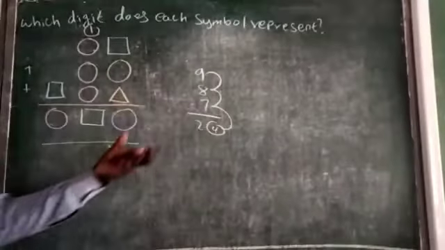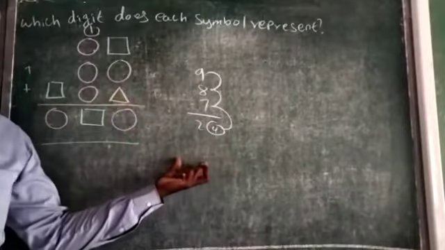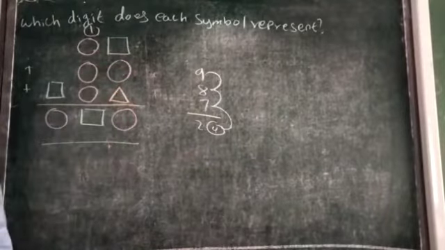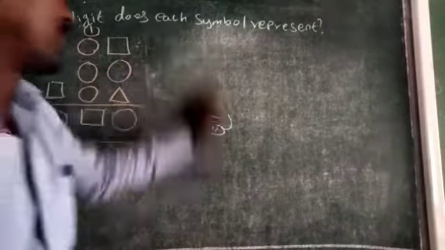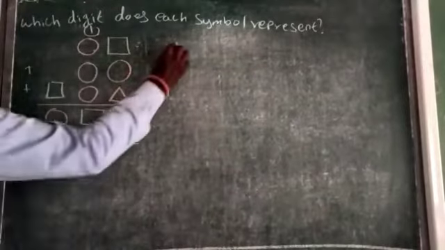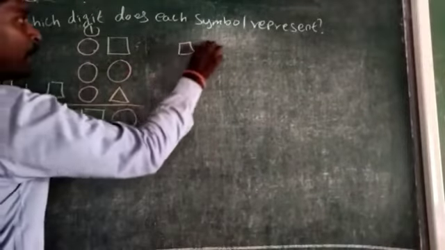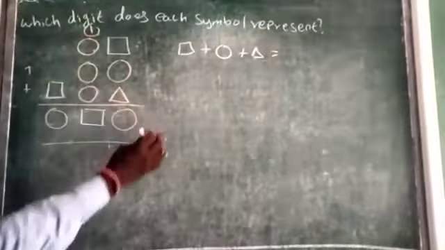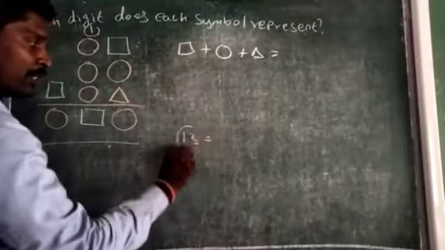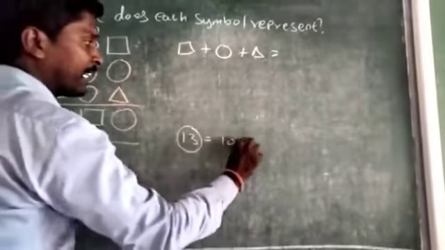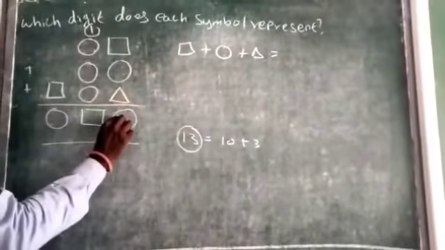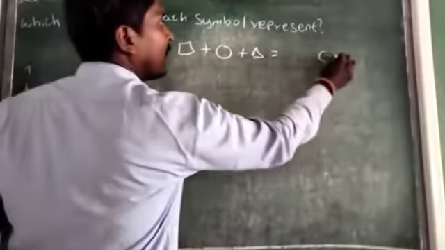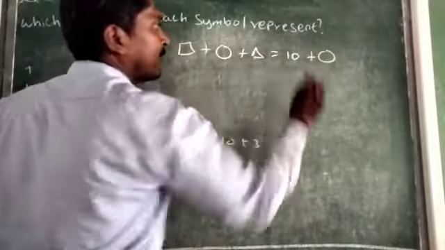So only a sum more than 10 and less than 20 is possible. Then only one among the three digits will be repeated. So from that we come to the conclusion that the sum of square plus circle plus triangle gives 10 plus something. For example 13, it's a two digit number but we can write 10 plus 3. Then only the unit place you can write here. Our unit place is circle, then you can add with the 10.